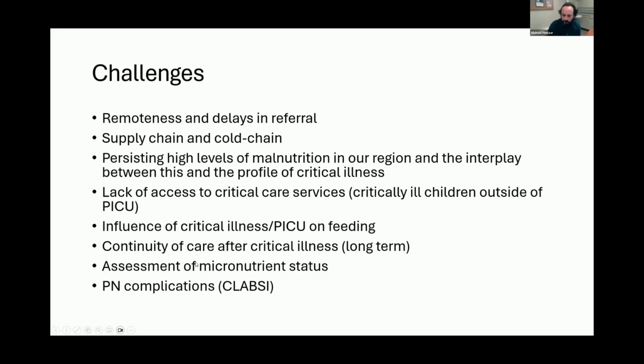So obviously from the map I showed you, our patients come from, in many instances, remote areas, and there can be protracted delays in referral. So, for example, patients from Lesotho referred for congenital intestinal abnormalities like jejunal atresia may experience protracted periods where they're unable to cross the border into South Africa, and where in Lesotho it's not possible to offer them